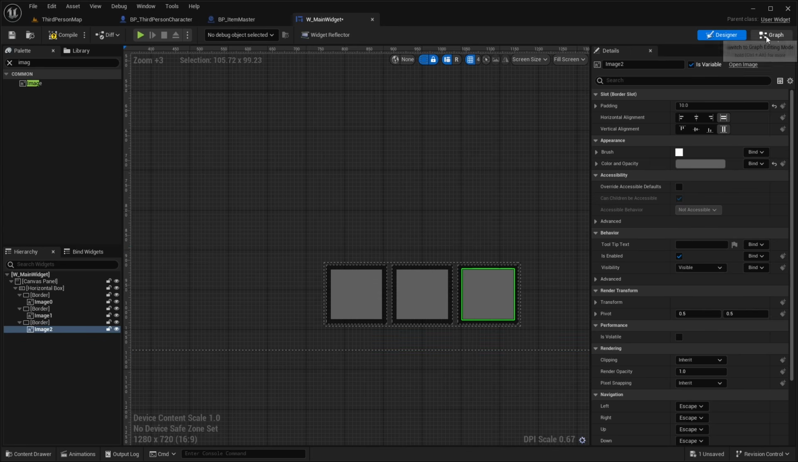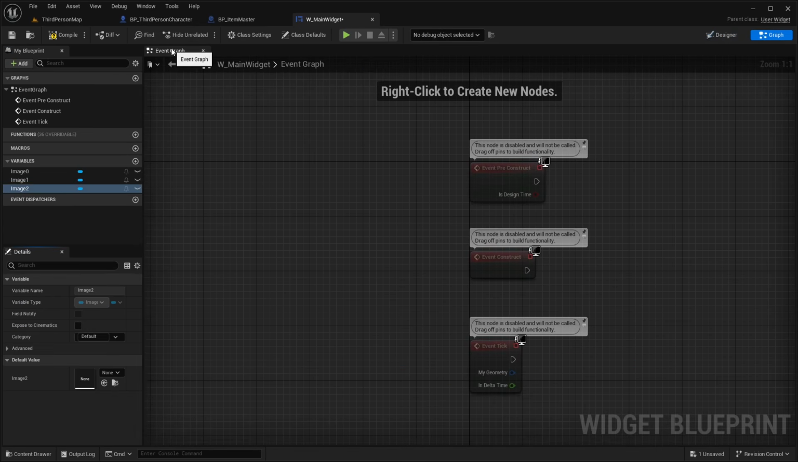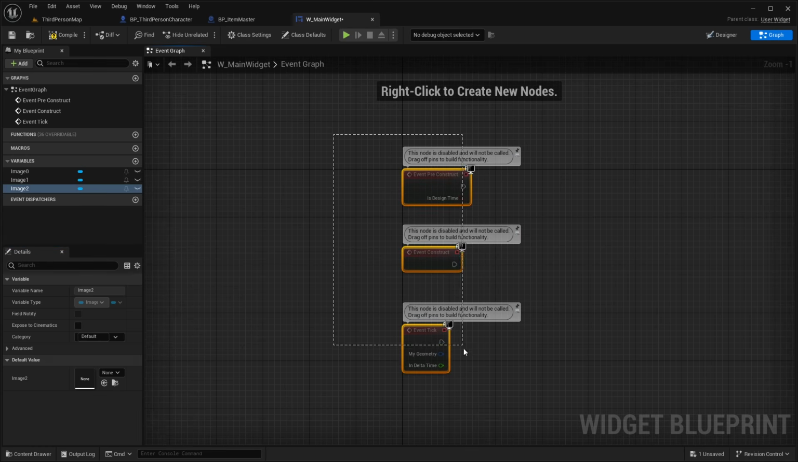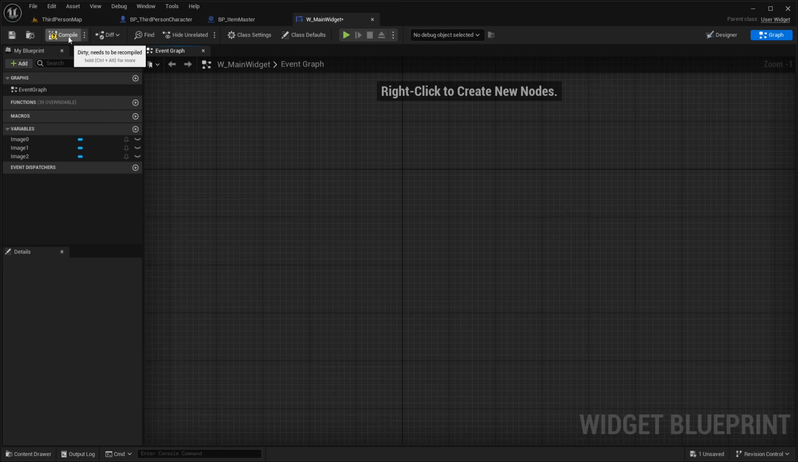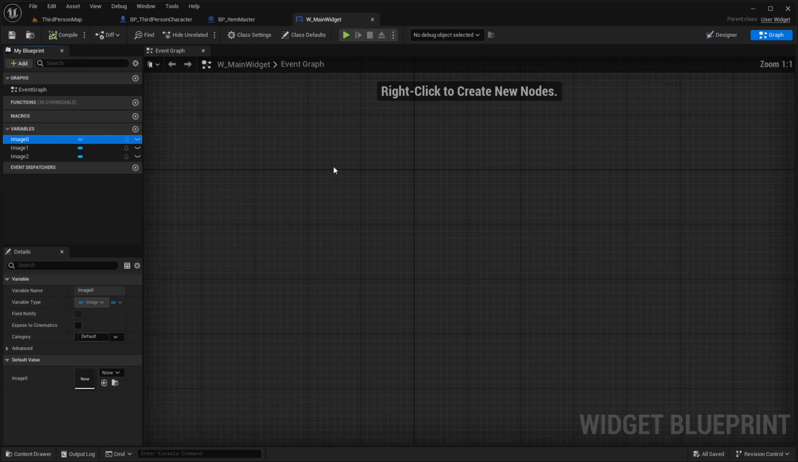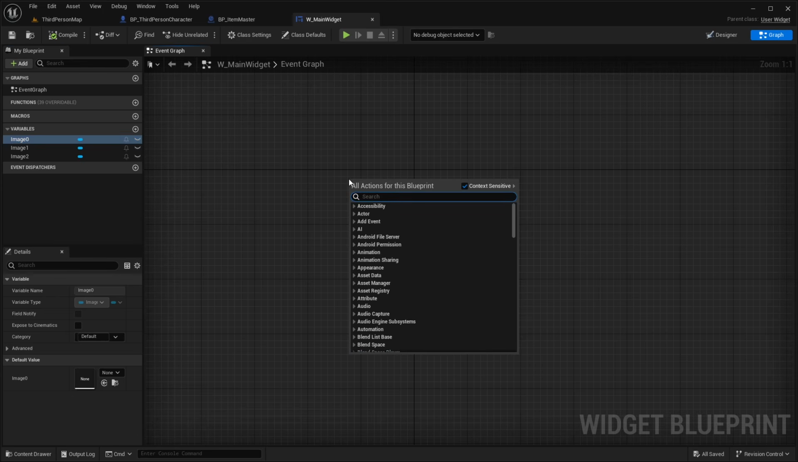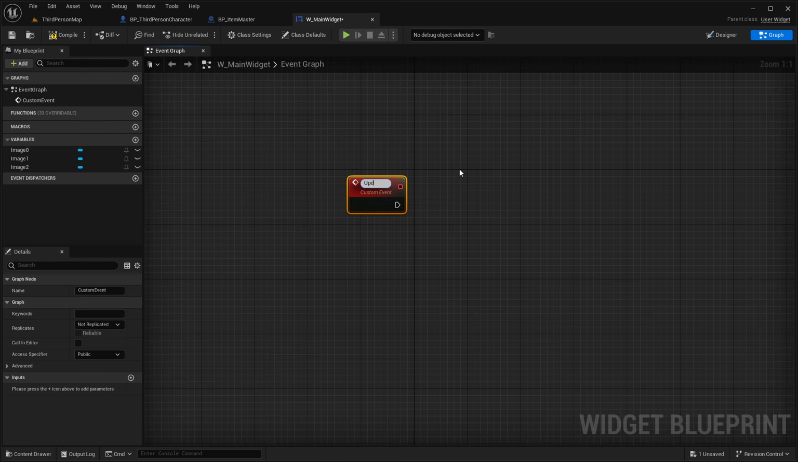So now let's head over to our graph. And this will take us to our event graph inside of our widget. We have some of these events already in here, but I'm going to select and delete those. We don't need any of those. So I hit compile and save. And we want to add an event to set those images or to update those item icons. So I want to right click and add a custom event, and this will be called update